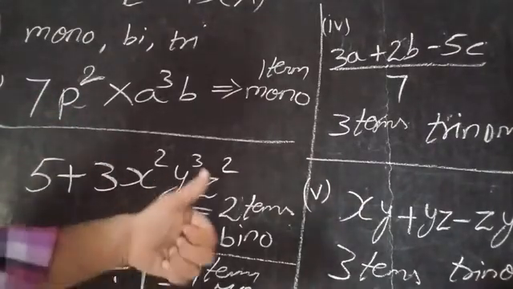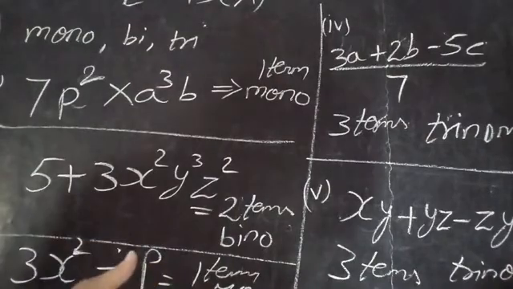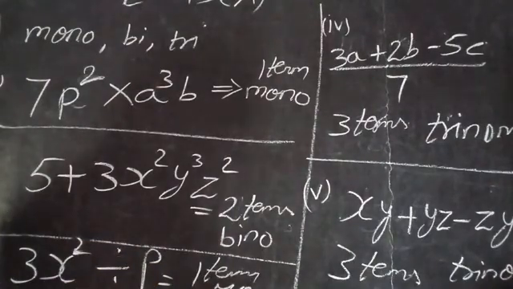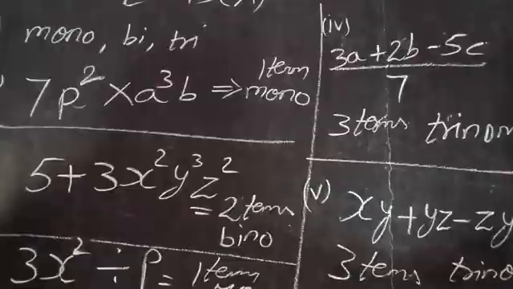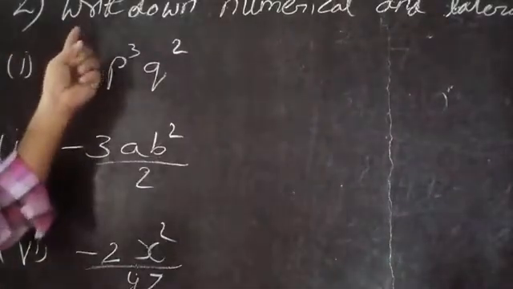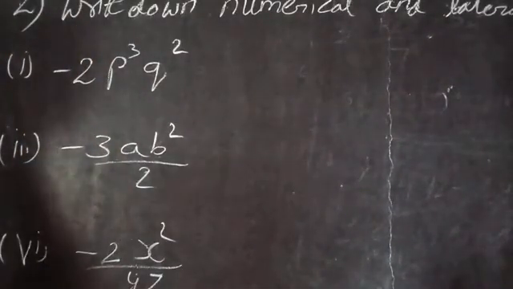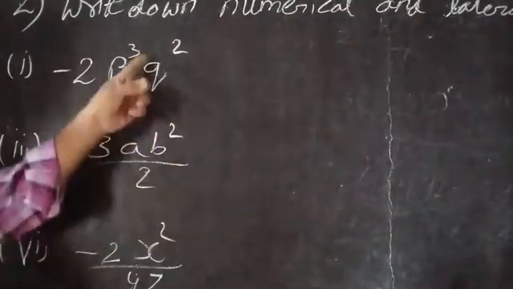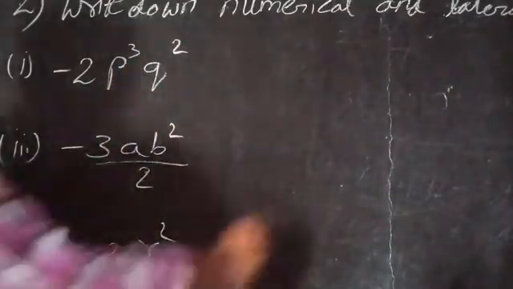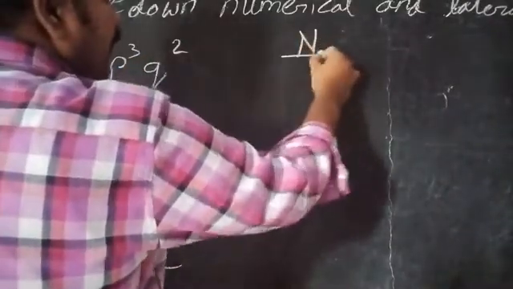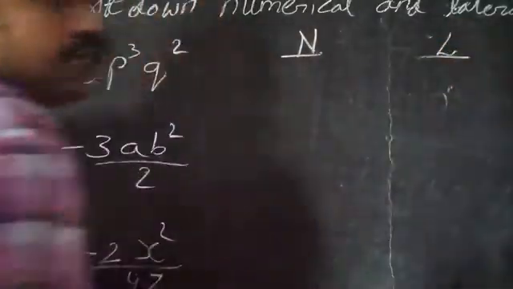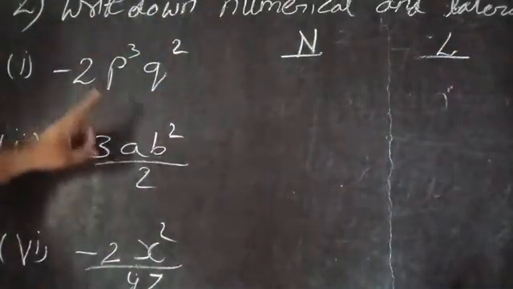How to write: open our fingers only on seeing a plus sign or minus sign. Otherwise don't open any finger. For multiplication and division don't open. So the next question is, see this one. Write down the numerical and literal for the given sum. We have to write the 2 things, numerical and literals.